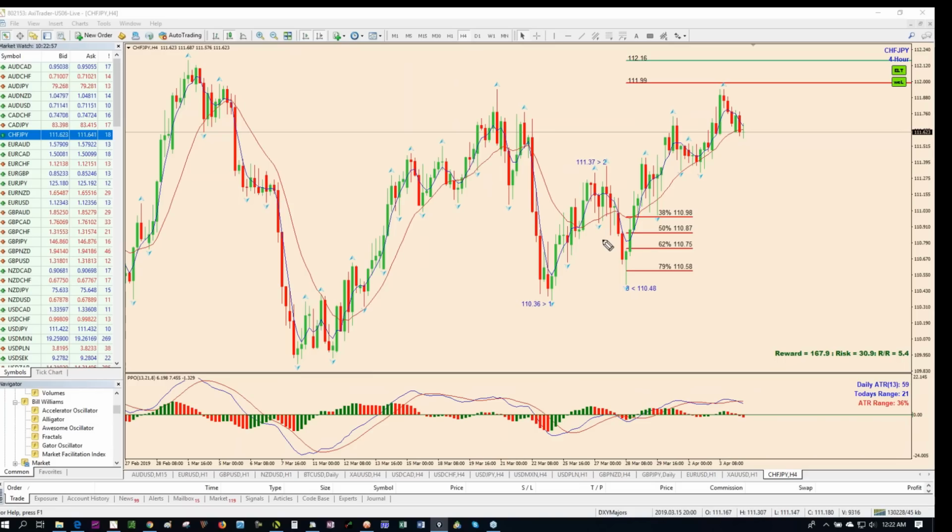The reason I like this entry is because I get the price that I want and not what the market dictates, especially with spreads. So if I say I want to get in at 110.79, then I'm getting in at 110.79. And so by using the wave calculator,